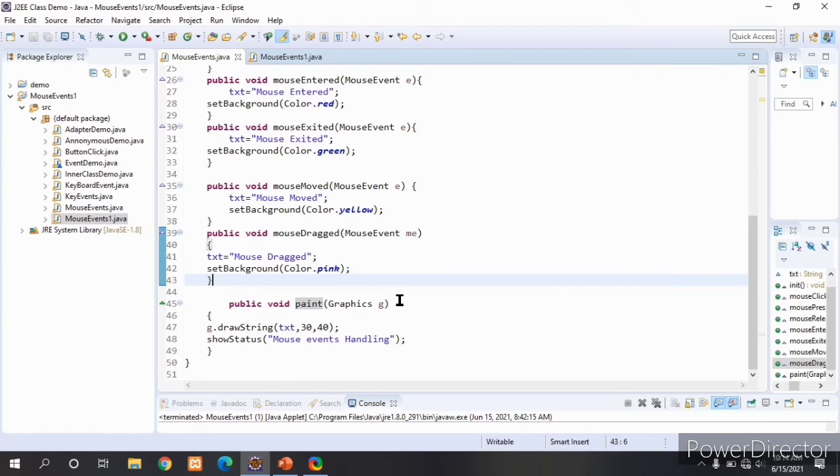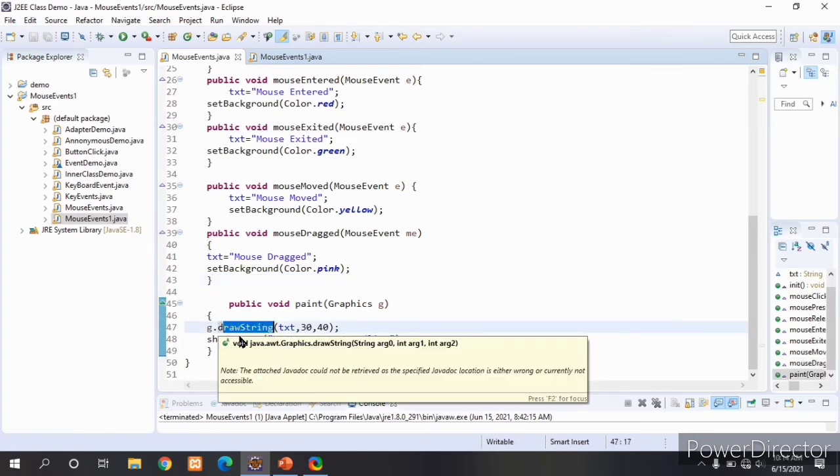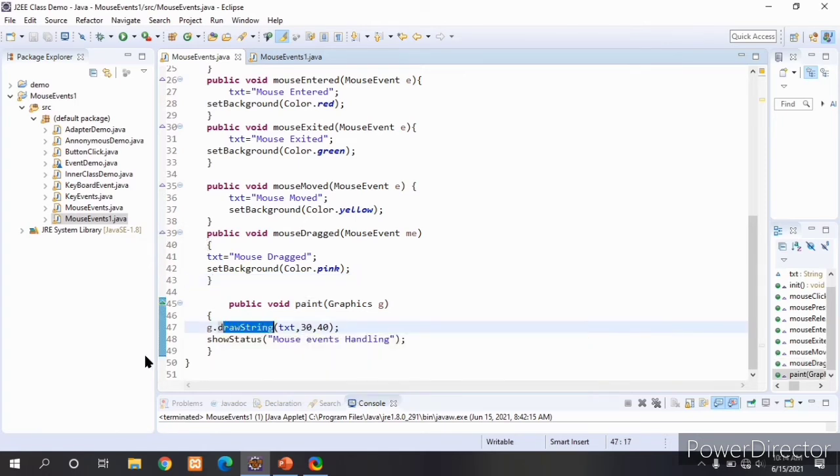By using this object of the Graphics class, we call a method that is drawString.